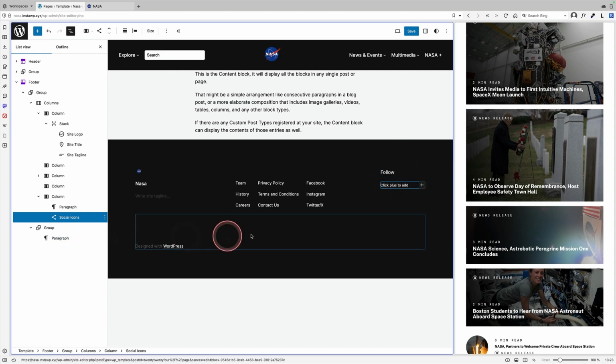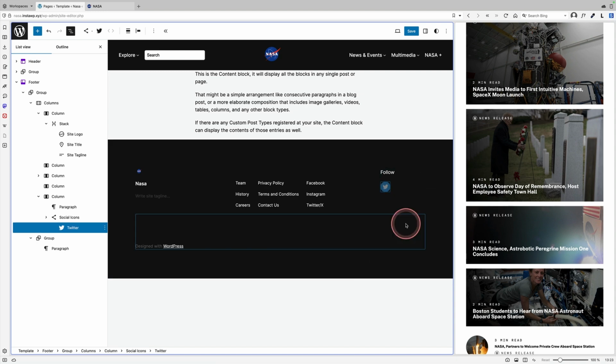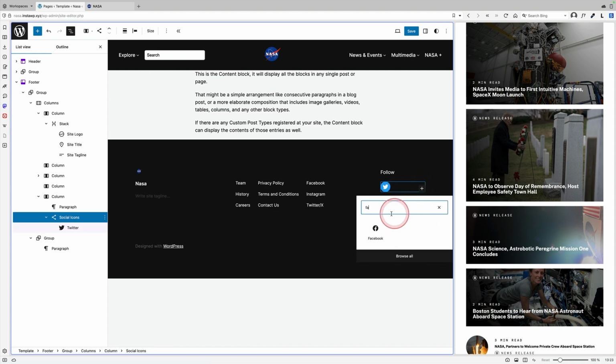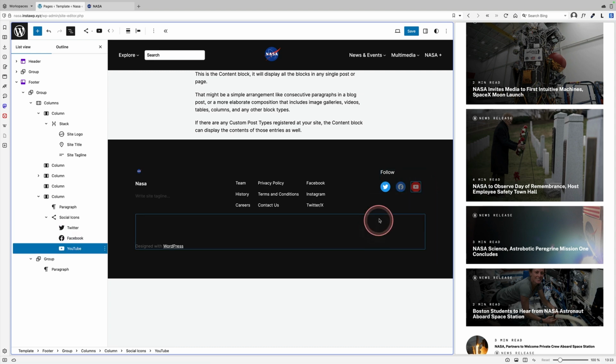Then I'm going to hit return, and I'm going to add the social icons block. And this is where you add your social icons. You can see it's added the block over here. And this is where you can add your icons. So I'm going to add Twitter here. I won't put the actual addresses in. This is where you put the link to your Twitter account. I'm just putting kind of fake links in here. And then you can add other ones in here as well. So let's just add a few. Let's add Facebook as well. And I'm going to show you how to customize them in a second. Let's go YouTube. There's my YouTube one.